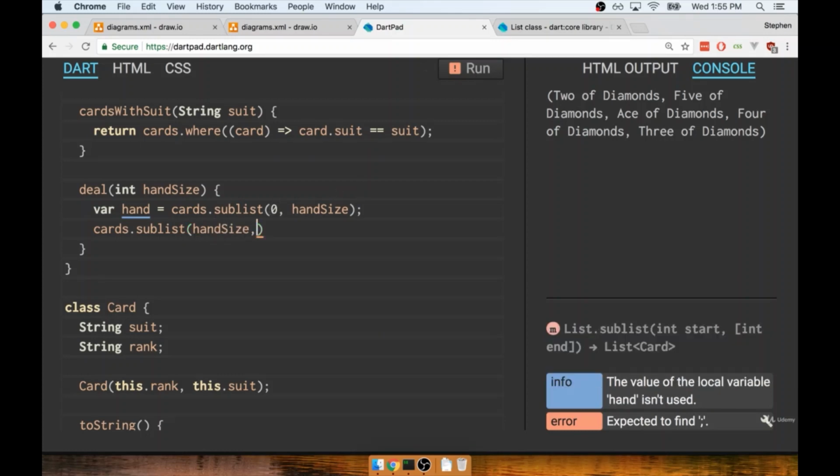So notice how right here we took everything from the start to hand size. Then on sublist right here, we're going to take everything that is remaining in the deck. So we'll say hand size on. Now for going all the way to the end of the list here, or getting all the remaining cards,